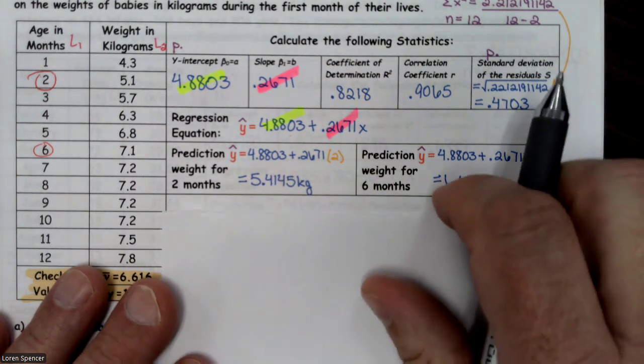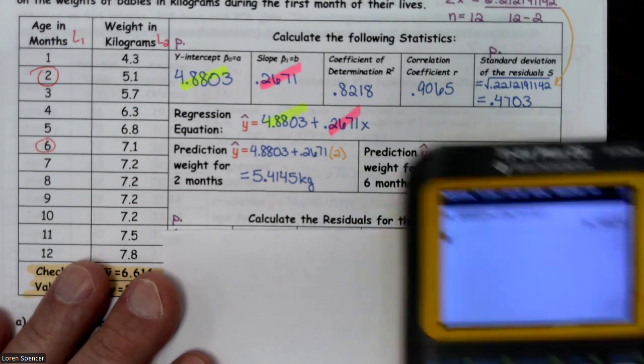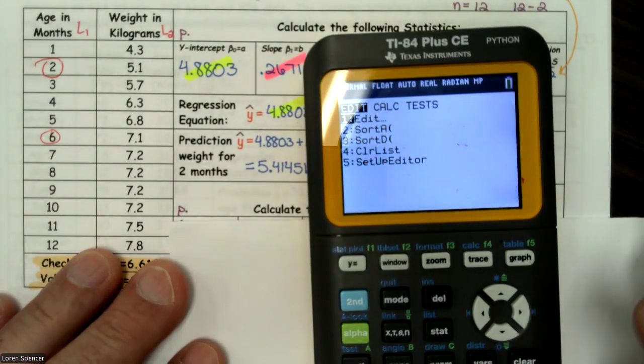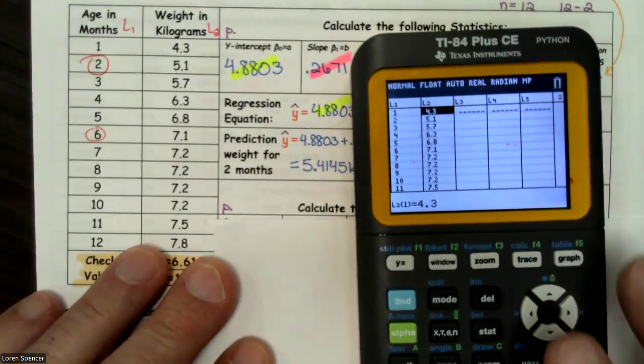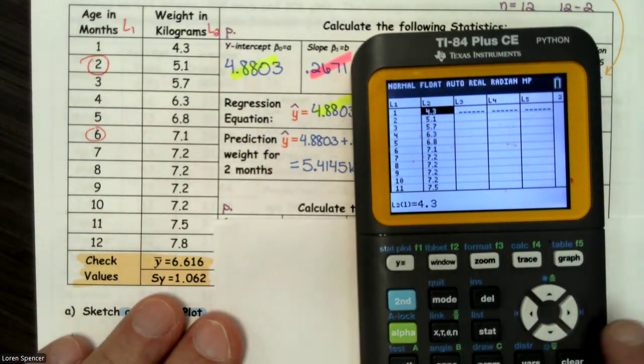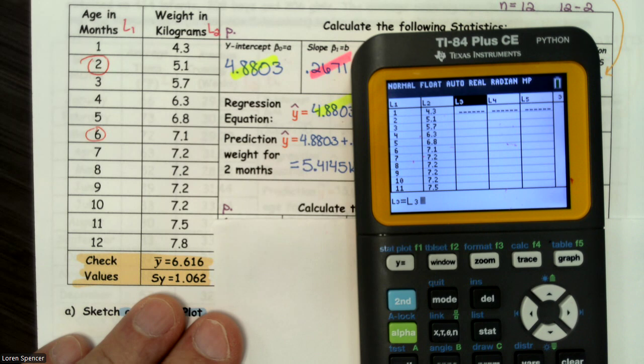Okay, the next thing it asks us for is to calculate the residuals for the 12 months. All right, so we're going to go back to stat edit. We have all this information entered in L1 and L2, but we're going to have to go up to the top of L3, and I'm going to press blue 3,